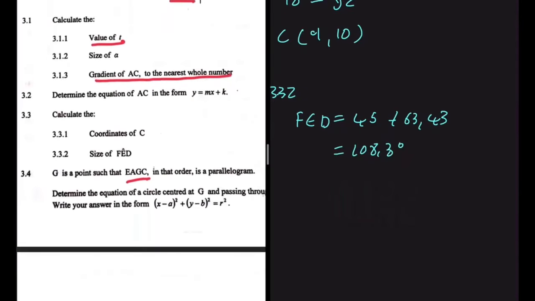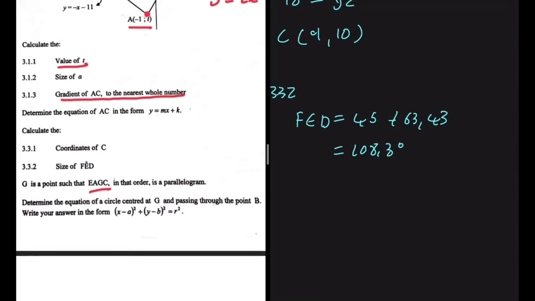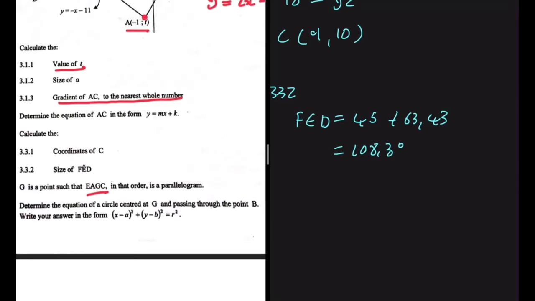Let's move to the last question. G is a point such that EAGC in that order is a parallelogram. Determine the equation of a circle centered at G and passing through point B. Write your answer in the form (x minus a) squared plus (y minus b) squared is equal to r squared. I'm so interested in how you guys solve this question, so please just let me know in the